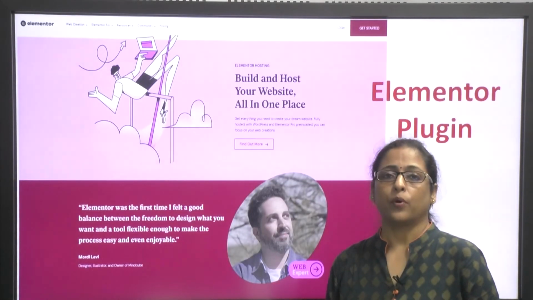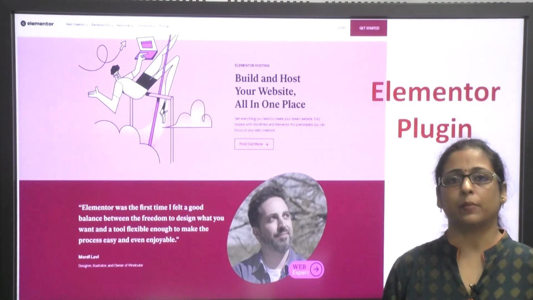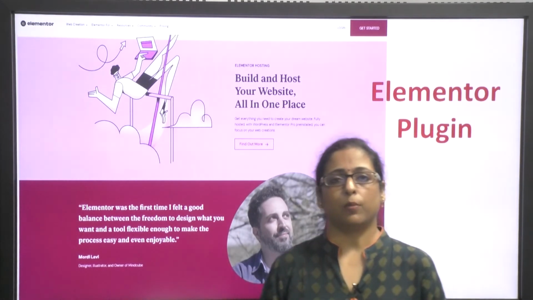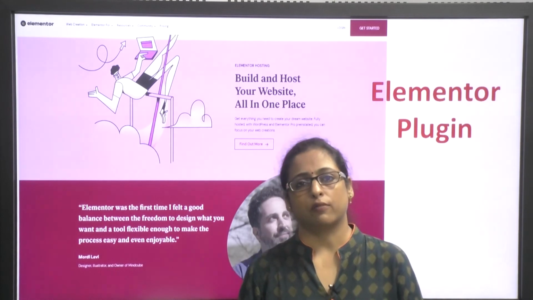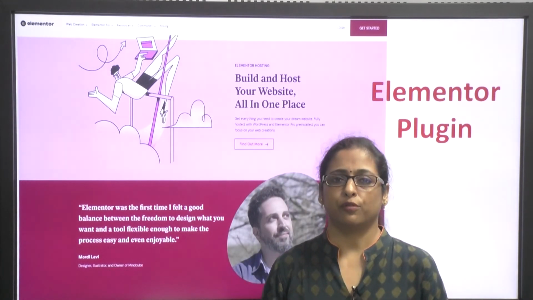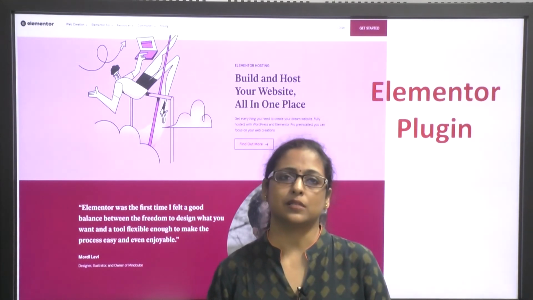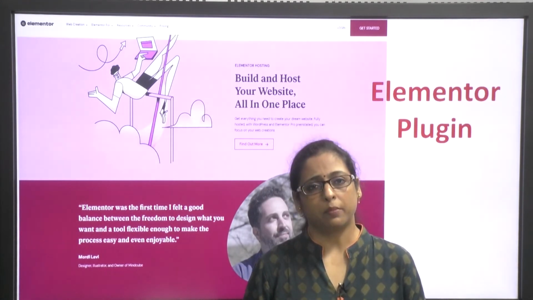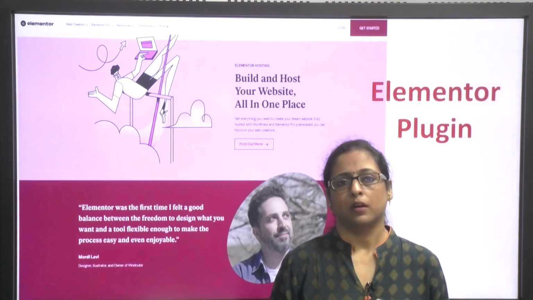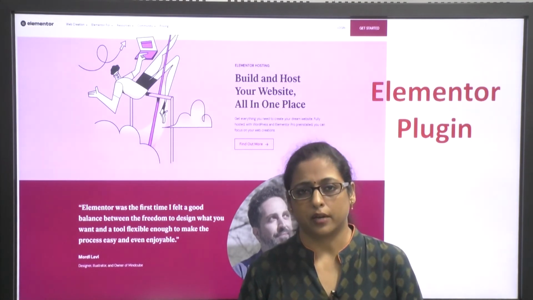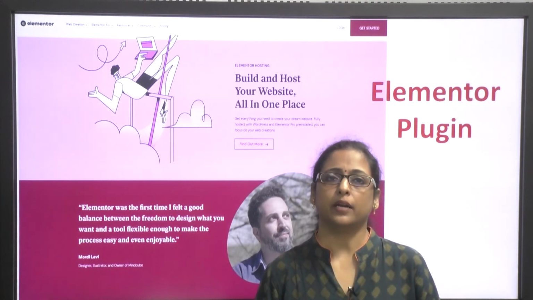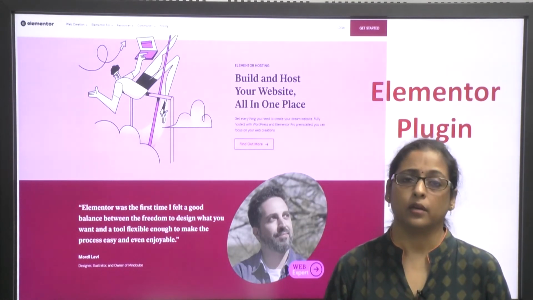Now, one very important plugin is the Elementor plugin, which you must know. The Elementor plugin is very popular these days, and is obviously not an inbuilt feature of WordPress. Elementor is basically an independent plugin which can be run as a host server provider itself, and basically this is one platform through which one can build and host your website altogether. This is not